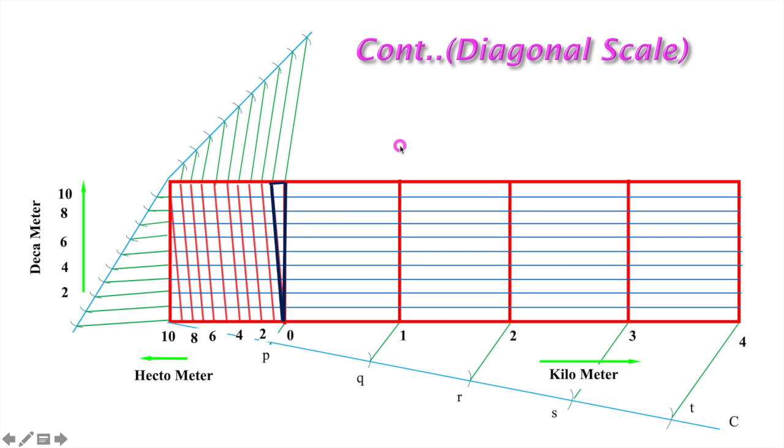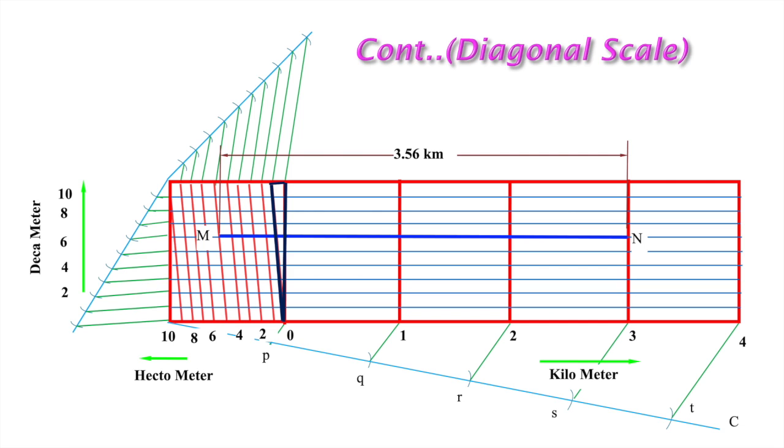So like this. Now we have to show 3.56 kilometers. How are we going to show it? Here the 3.56 kilometer distance has been shown. How has it been shown? 3 kilometers. So this is the kilometer division. Count 1, 2, 3. So draw an extension line from here. So this is the 3 kilometers. Then 0.5 kilometer means 5 hectometers. So in the leftward direction from this 0, 1, 2, 3, 4, this is 5.